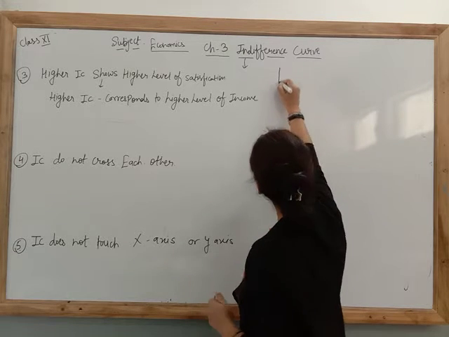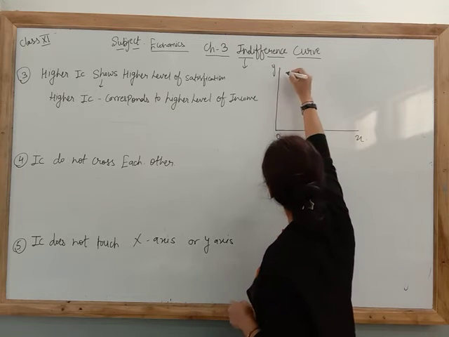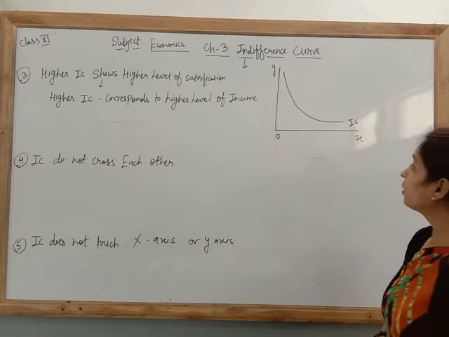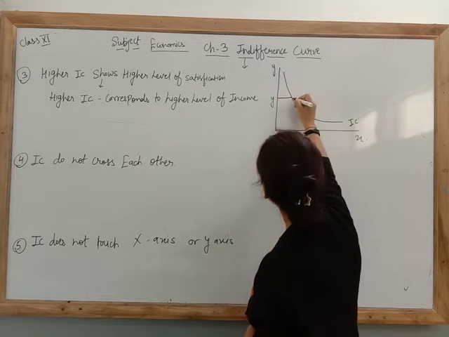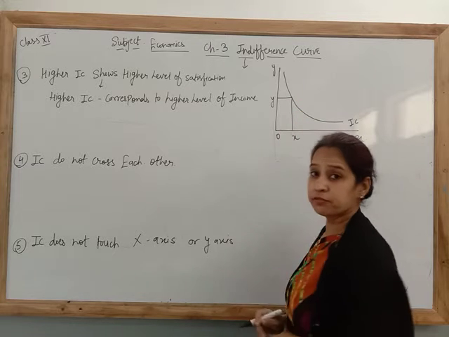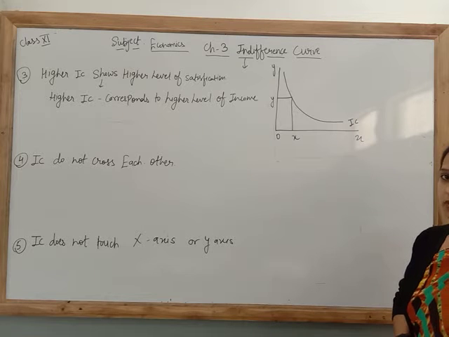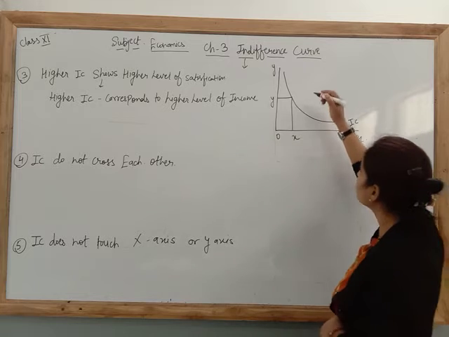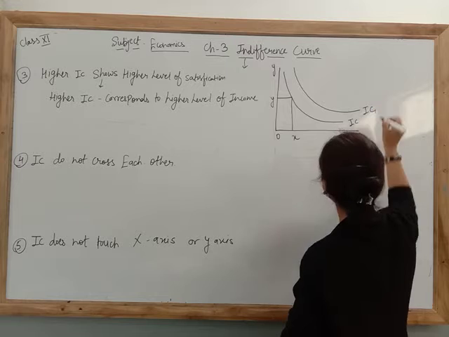Look at this, I am going to explain it to you through this diagram. Suppose at IC, whatever you consume, that is from X, for Y units you are consuming Y and X. If anyone gives you more commodities, more income, definitely you are going to start more consumption. Then your combination will be higher, IC will be higher. Clear?